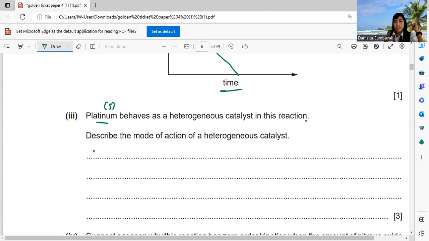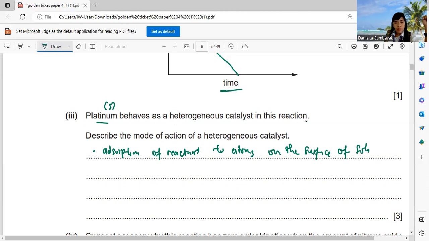A heterogeneous catalyst is one where the state of matter of the catalyst and reactant are different, and there will be an adsorption of reactant atoms on the surface of the solid,